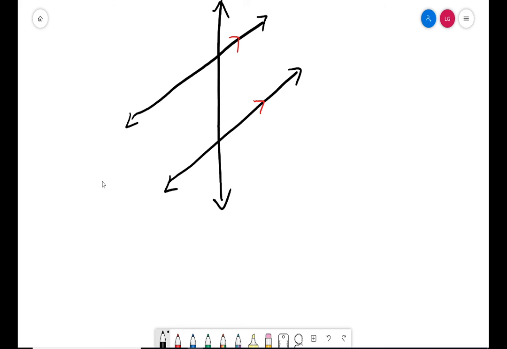And the most important relationship, or kind of the backbone of figuring all the rest of them out, actually doesn't have to do with parallel lines at all. It has to do with just the angle measurement of a line and a supplemental angle. So you might see, and this is an aside here, something like this, right? Where this bottom piece is a line, meaning 180 degrees